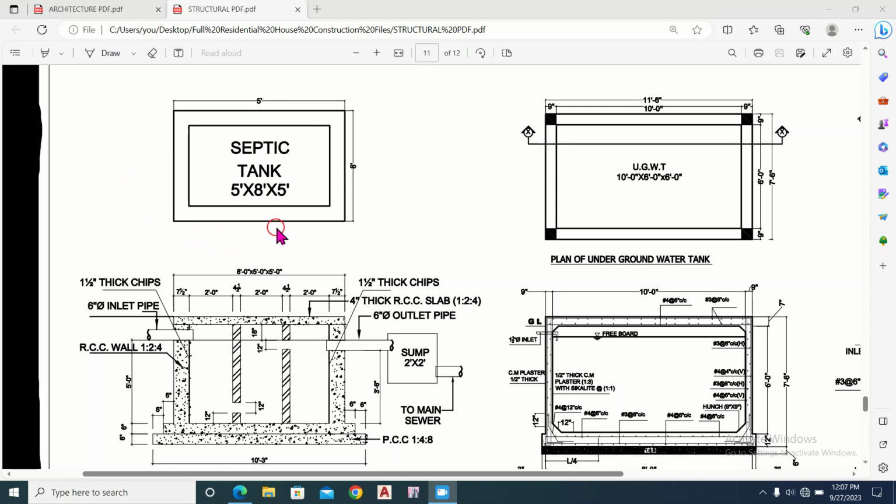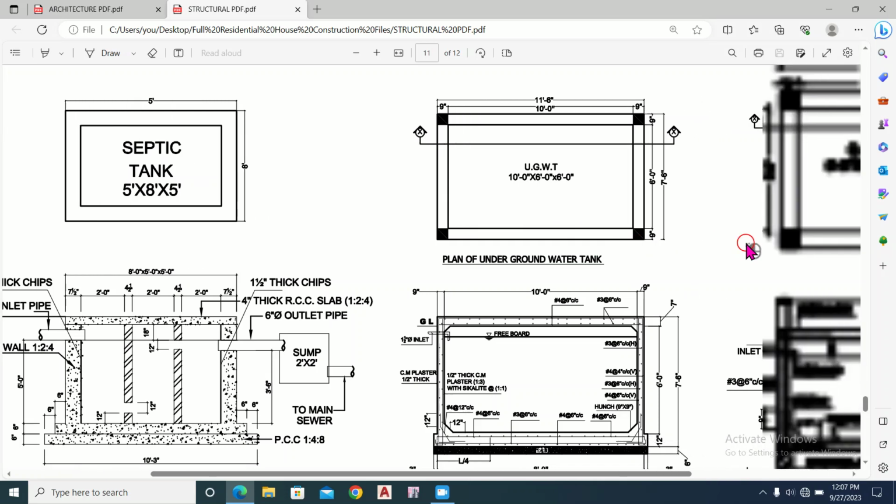In this video we will discuss in detail the structural drawing of the septic tank, underground water tank and overhead